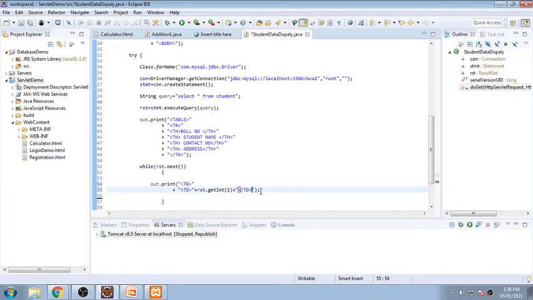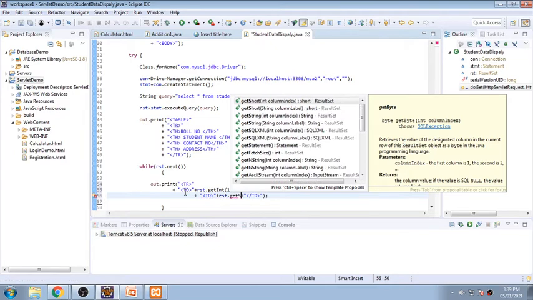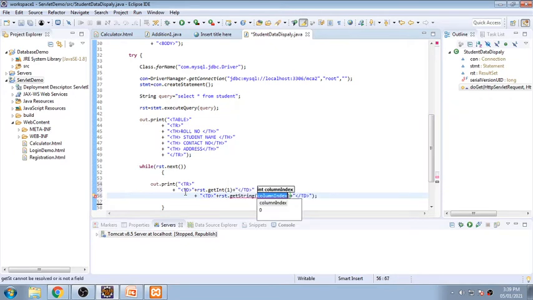Now I want to display the second cell, so again a td, and this td will contain the second part. So here I am putting two double quotes, two plus signs, and the result set here would be rst dot get string, and the column number will be 2 because this is the name.